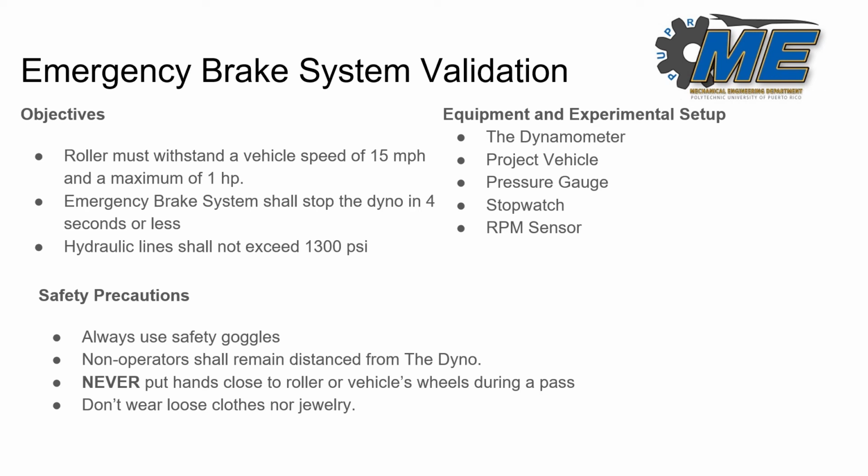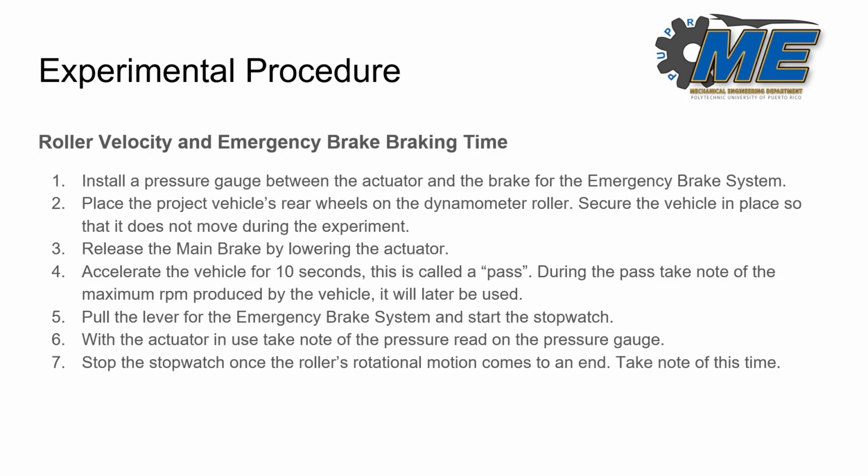The safety precautions that are needed for this experiment are: always use safety goggles, non-operators shall remain distant from the dyno, never put hands close to the roller or vehicle's wheels during the pass, and don't wear loose clothes nor jewelry. The experimental procedure for experiment number 3 is: step 1, install a pressure gauge between the actuator and